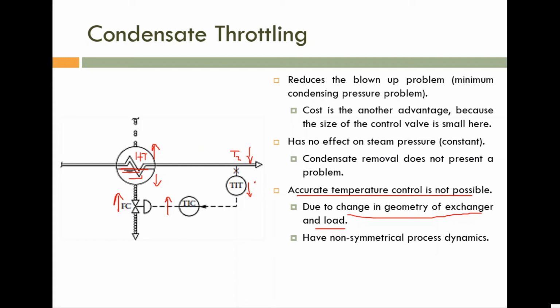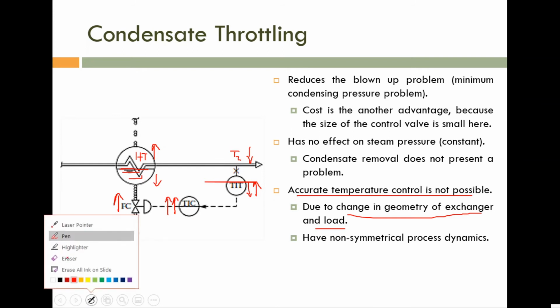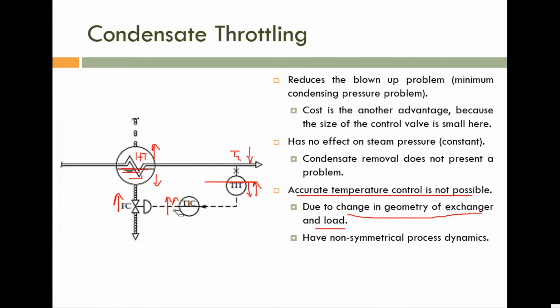If the temperature measurement is large, then by decreasing the control signal, I am very sorry, by decreasing the control signal, once again I am repeating, if the temperature measurement is large, then by decreasing the control signal we have to close the control valve so that the liquid level inside the steam drum is increased.